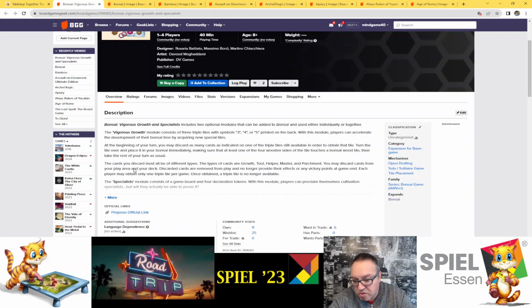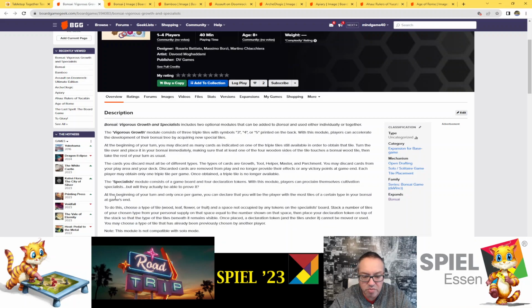And the Specialists model consists of a game board and 4 declaration tokens. With this model, players can proclaim themselves cultivation specialists, but will they actually be able to prove it? At the beginning of your turn, and only once per game, you can decide that you will be the player with the most tiles of a certain type in your bonsai at game's end. Oh, so you can get